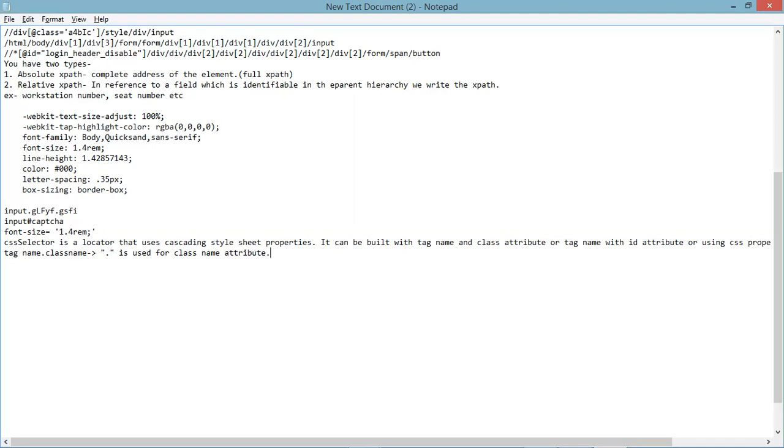Class attribute. Don't say class name attribute, again you will be searching there for class name attribute. Now the next line, tag name dot hash id, arrow, hyphen and greater than. Hash is used for id attribute.